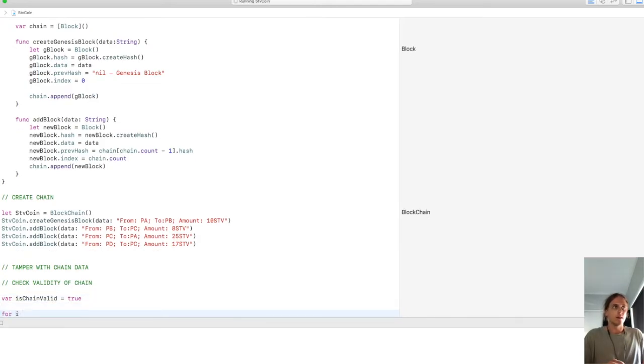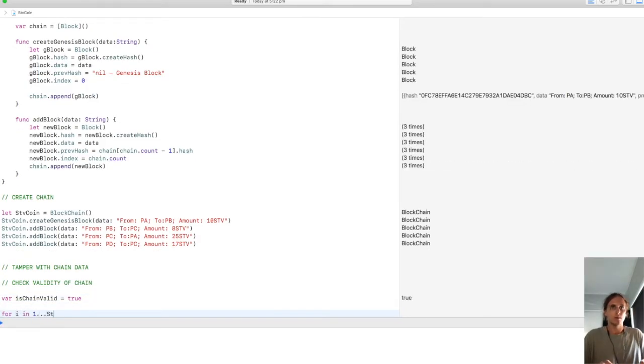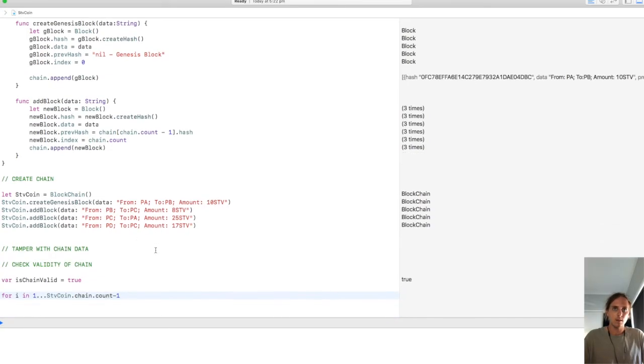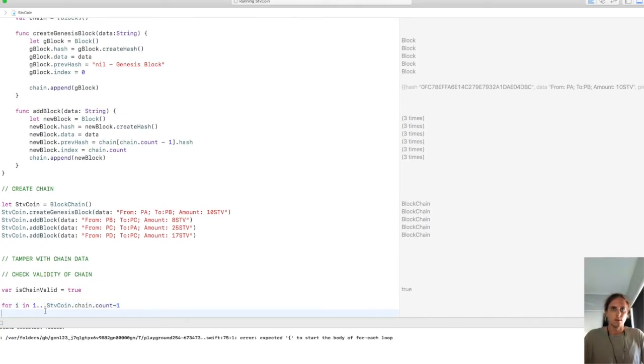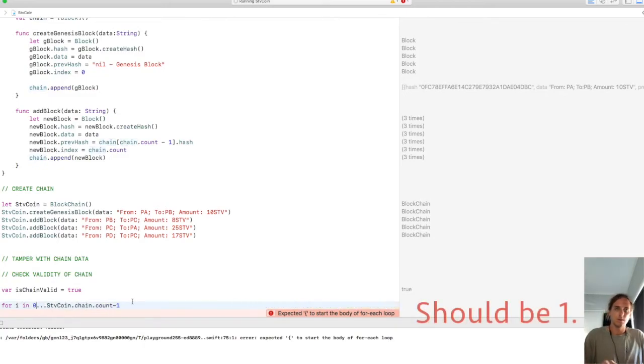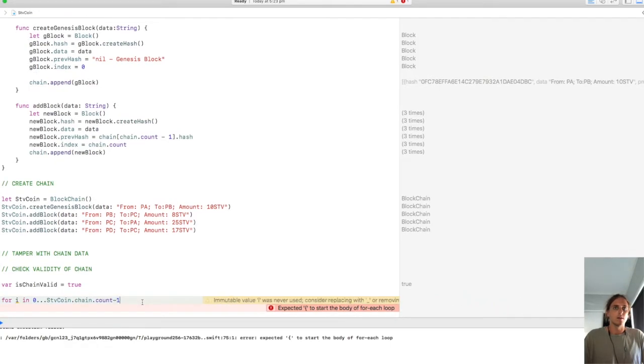We'll say for I in 1 to stevecoin dot chain dot count -1. So that goes from 1 to 3. I think that should be from 0. From 0 to 3,